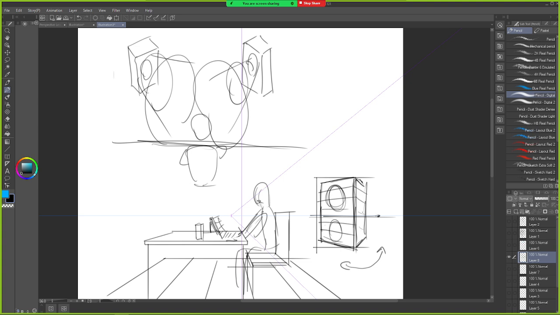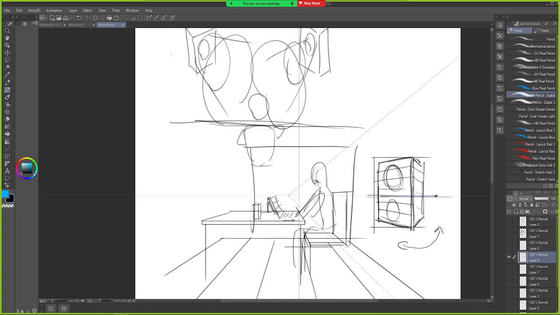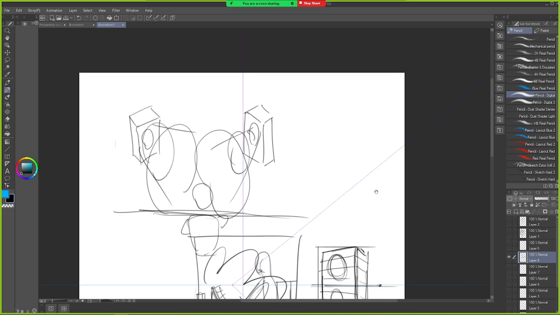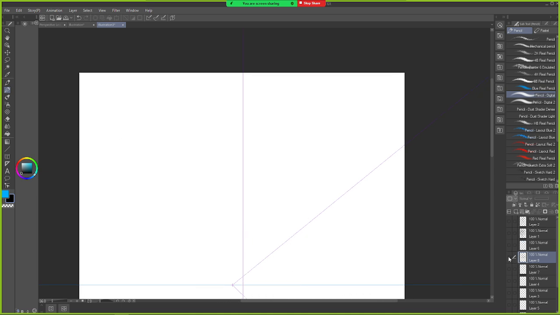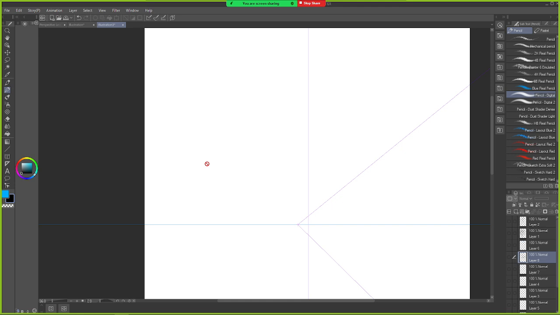So even though the laptop might be straightforward, right, in front of us, say it's a laptop, there's a keyboard, there's a screen. I realize I'm overlapping, but deal with it. The computer speakers are turned into 2-point perspective because they're being turned to the side, right? So that's what happens when an object is turned on a different plane than the overall scene. Now, this is very useful for city scenes, and we're going to get to actually drawing 2-point perspective in a second. But in city scenes, what you'll see is the buildings themselves, right,